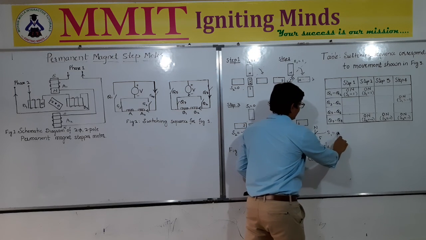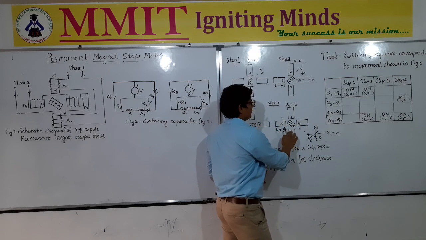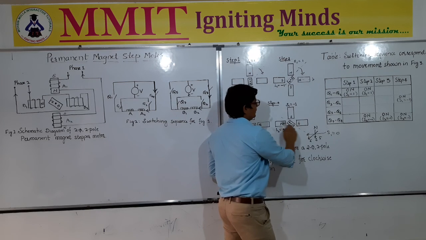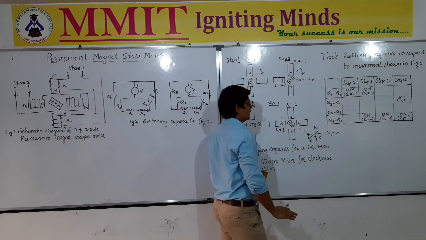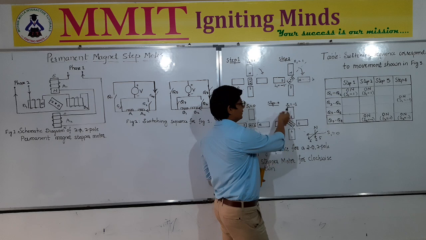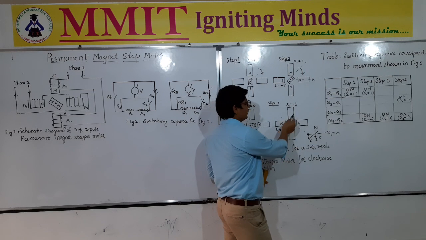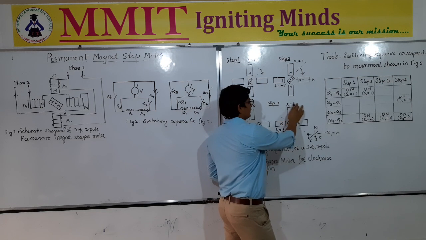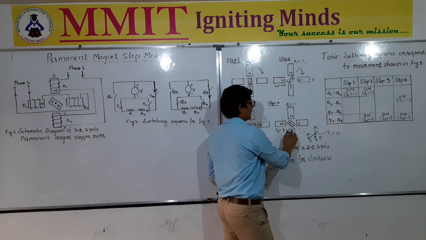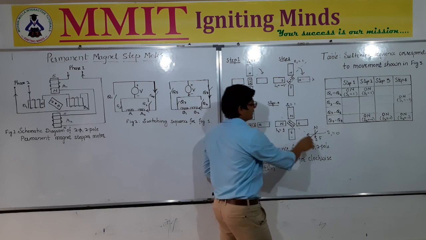When s1 equal to 0, the vertical poles are turned off, and the magnet will be aligned in north and south like this. Okay, and finally, to obtain it in this particular direction again, this pole will become north now. That is s equal to 1, and here it will become south. So at that time it will be aligned in this direction.